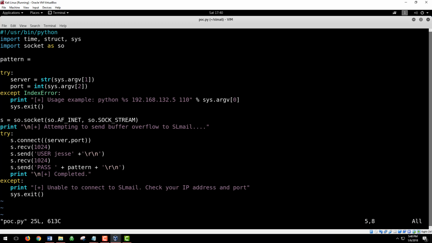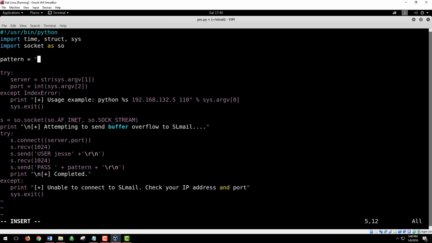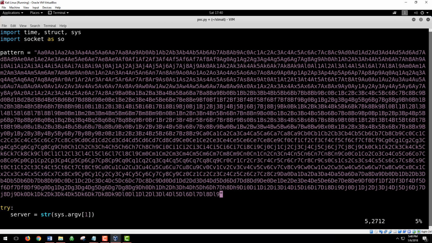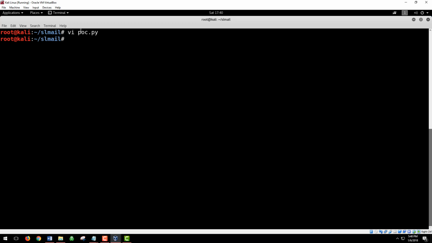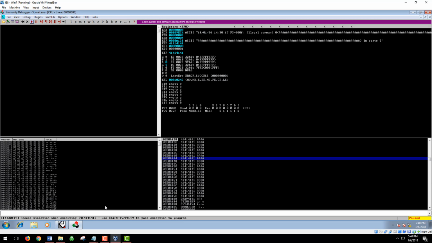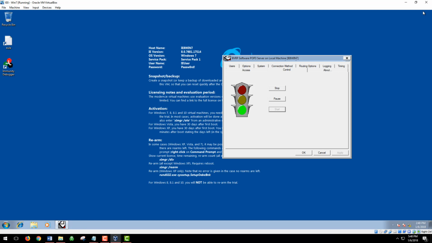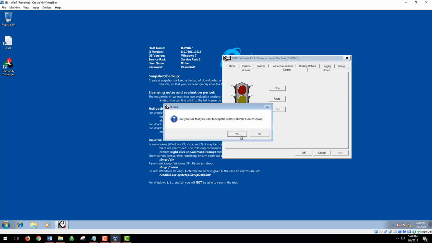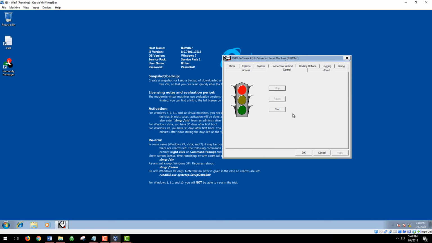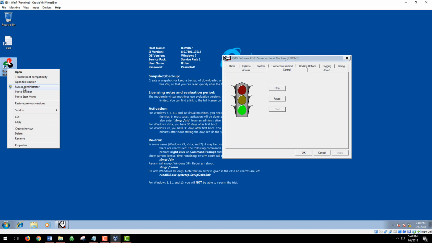This other script I made is similar to the previous one, but more simplistic. This will send everything in the pattern variable to SLmail in one shot. Let's go ahead and paste the pattern create output into the pattern variable. Save that. Now before we go forward with running this script, we have to go back to the Windows 7 VM, exit out of Immunity Debugger, restart the SLmail service,